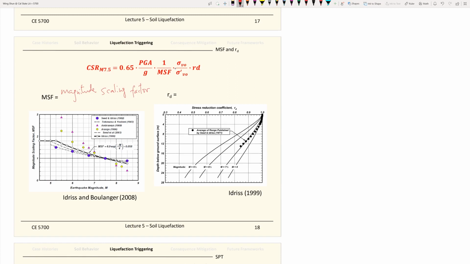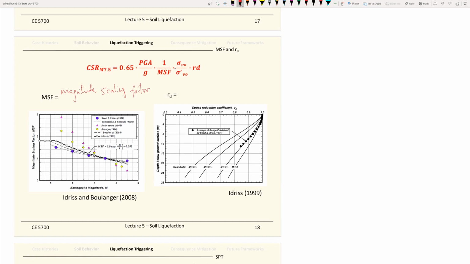We know that PGA is just one point, but when you see the ground motions, they can last from maybe 15 seconds up to 120 seconds. And using one point cannot capture the duration, so that is the time effect. But the MSF tries to correlate the durations with the magnitudes. So it's a very rough estimation, but somehow you try to